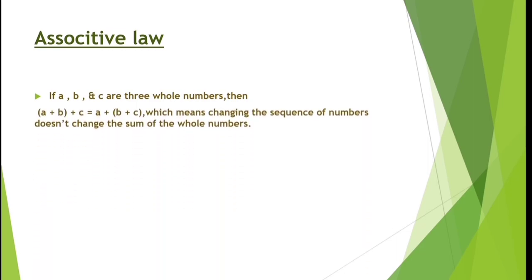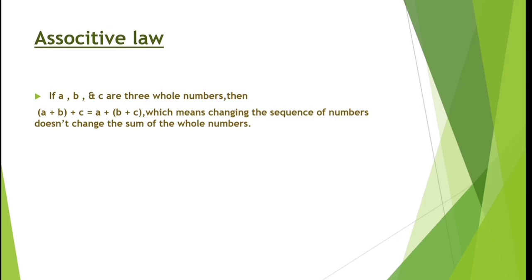Next comes the last one, associative law. Associative law states that if there are three whole numbers A, B and C, then (A plus B) plus C is equal to A plus (B plus C). As you all know, as per BODMAS rule, B stands for bracket. So